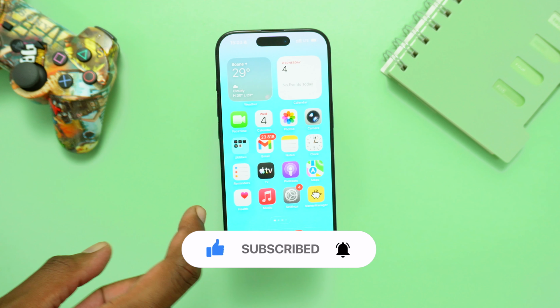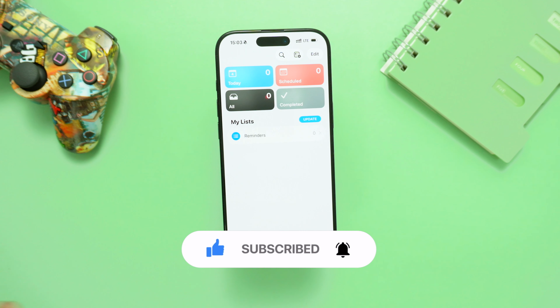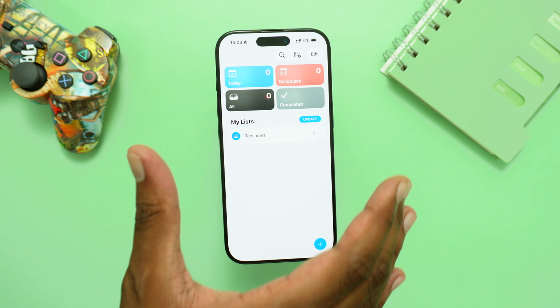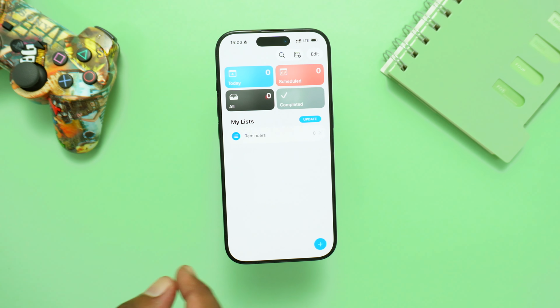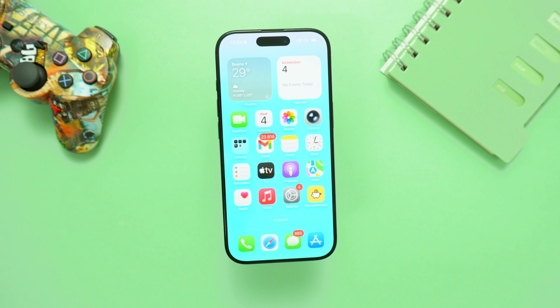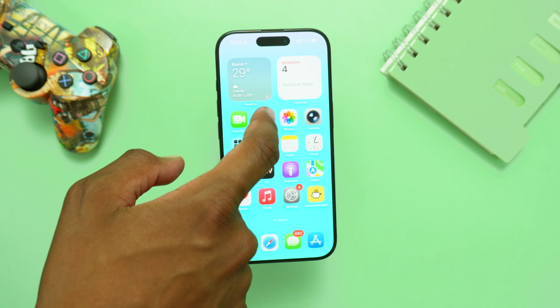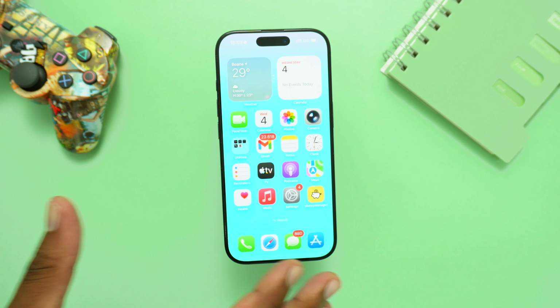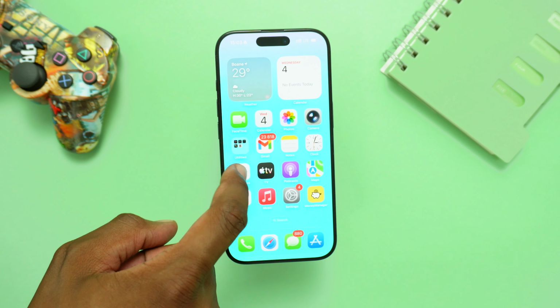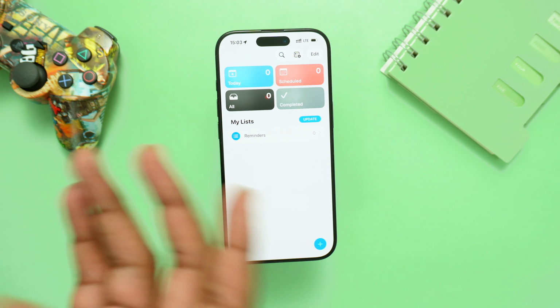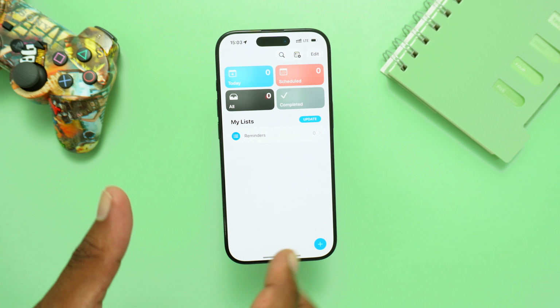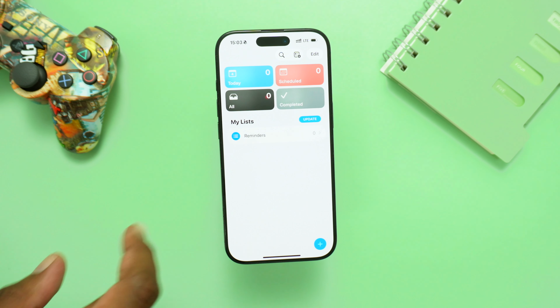Today we'll be taking a look at the Reminders app, and this is a quick tutorial on how you can use it. I'm gonna show you all the features that come along with the app, how you can actually set reminders, and the main difference between reminders and calendar, because you can use them for similar purposes, but reminders has a different perspective and a different way of setting and waiting for reminders on